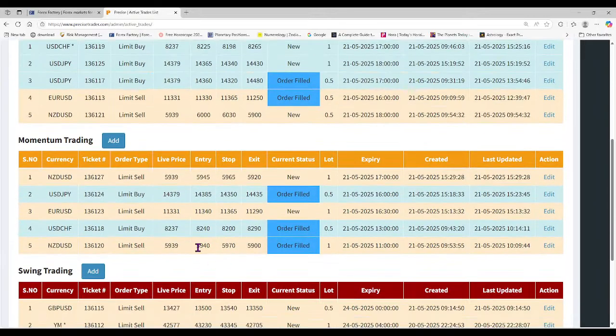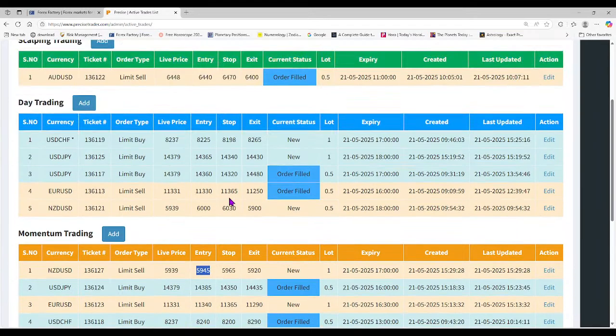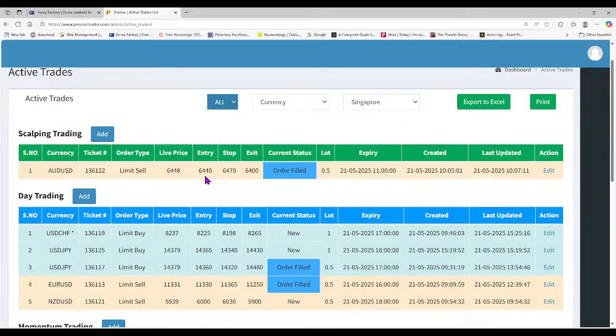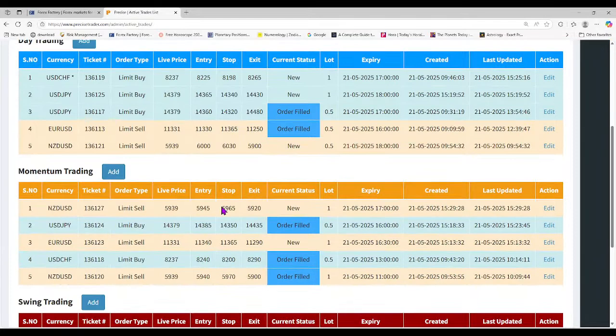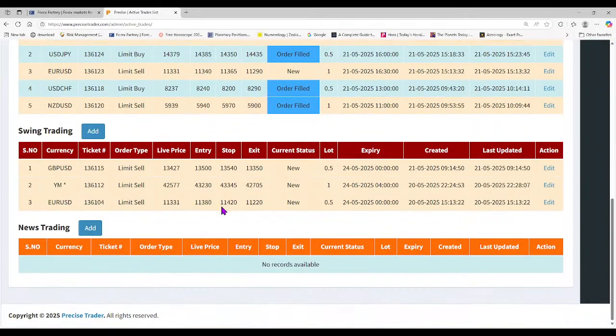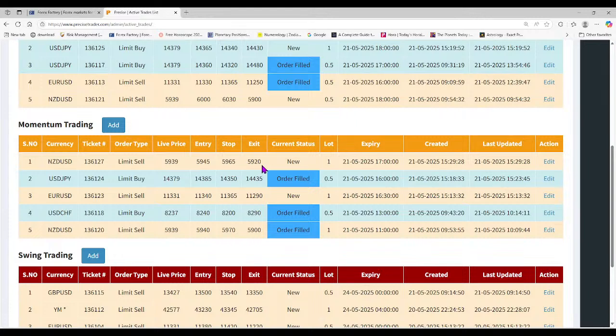Then finally we have the New Zealand dollar. We sold at 59.40, and we are trying to enter at 60. We are not keen on the New Zealand dollar. Sorry, we are going for one more lot at 59.45, so this is about 5 pips away. Then Aussie, we have sold at 64.40, and we are going for an add-on entry at 50, so it's just about 10-15 pips away, stop loss.